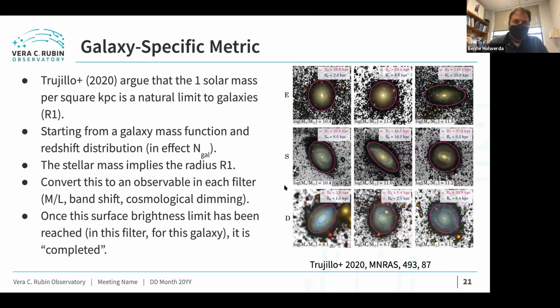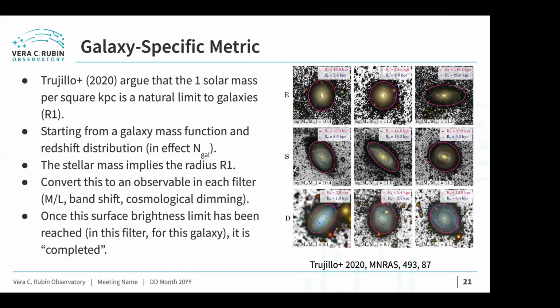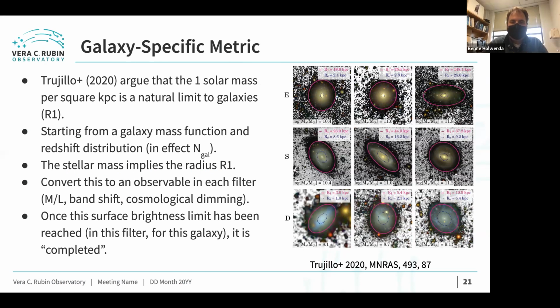We were talking about metrics for the last workshop, for this whole workshop, and so I was trying to come up with a workable metric for when we have enough information on the main body of a galaxy. The problem for galaxies is that they're fuzzy creatures, and the longer you integrate, the more information you get. But the paper by Trujillo argues quite nicely that 1 solar mass per square parsec is a good natural limit for any kind of galaxy. This would be a good way to apply a metric, because the metric right now for extragalactic science is just whether we've detected the galaxy, not how much we know about it.